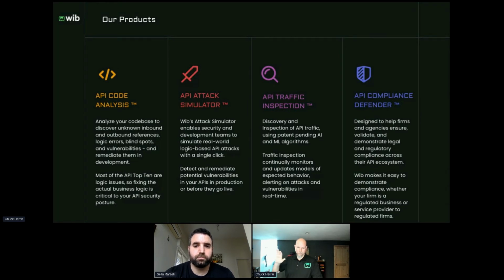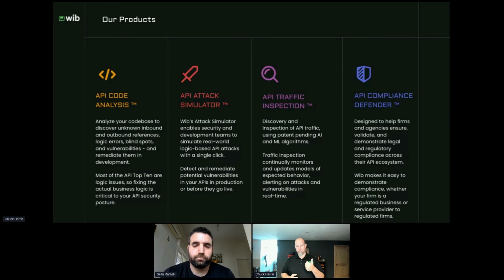In many cases, the attack simulator is the leading edge of building a relationship with a new customer and helping to deliver value quickly, because they're surfacing APIs. They know some of the APIs that they have, but they don't necessarily know what those APIs are vulnerable to. What our product team has been able to create is an excellent win-win situation where Sella or anybody can help them through a proof of value, and either they get insight into vulnerabilities they didn't know they had, or they get a clean bill of health from a leading Israeli cybersecurity company that specializes in API security.